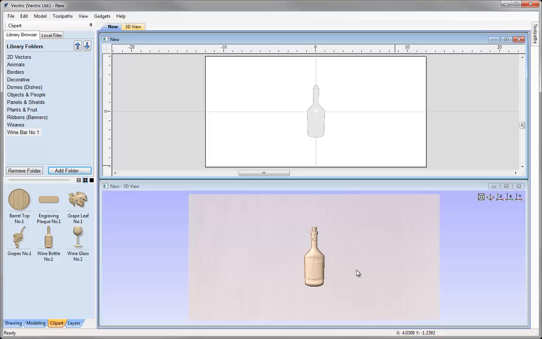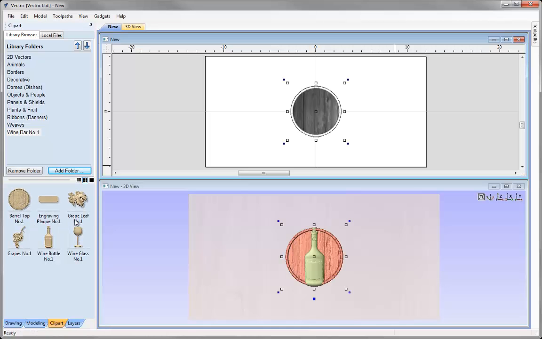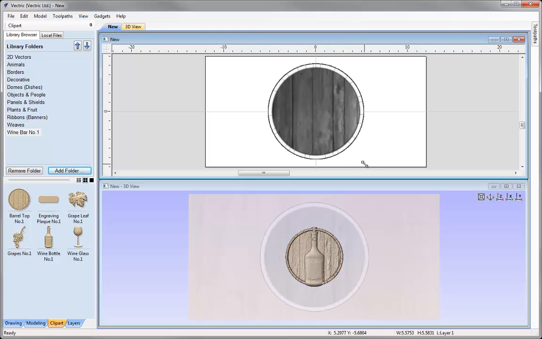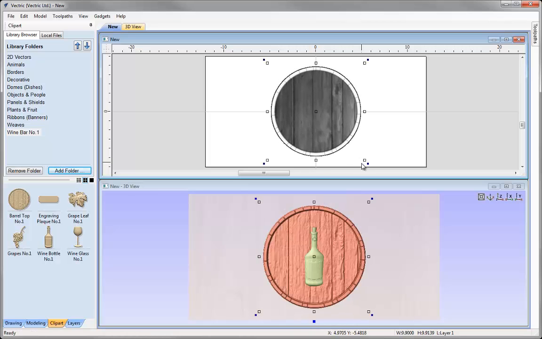Here though I do want to create something a bit more complex, so the next thing I want to do is bring the barrel top in. So I'm also going to double click on that so it brings it into the center. And what I'd like to do with that is just come over, and while these transform handles are highlighted, so the little squares you can see around it, I'm going to click over one of the corners. I'm going to hold shift down on the keyboard and I'm going to click and drag in order to resize that. So we'll just stretch that up a little there, and so I'm going to make it approximately 10 inches